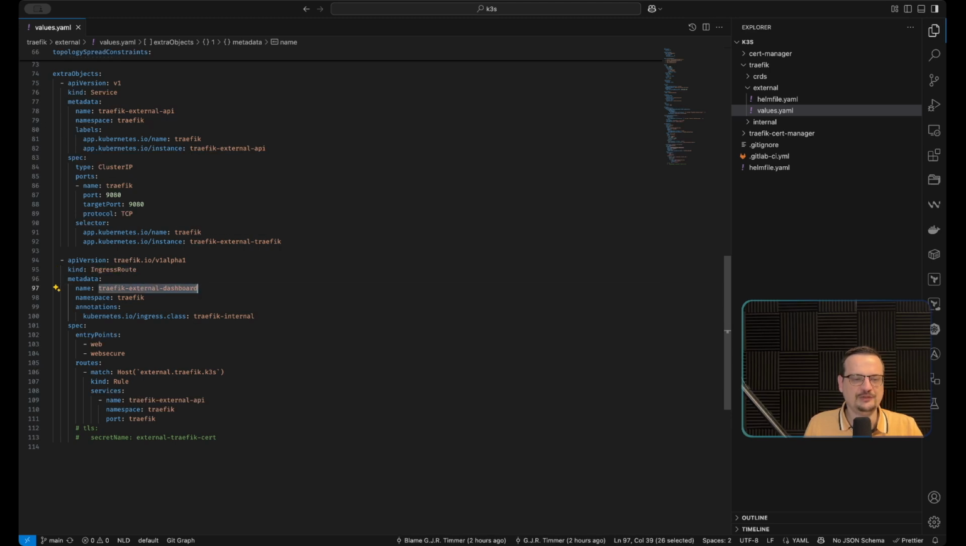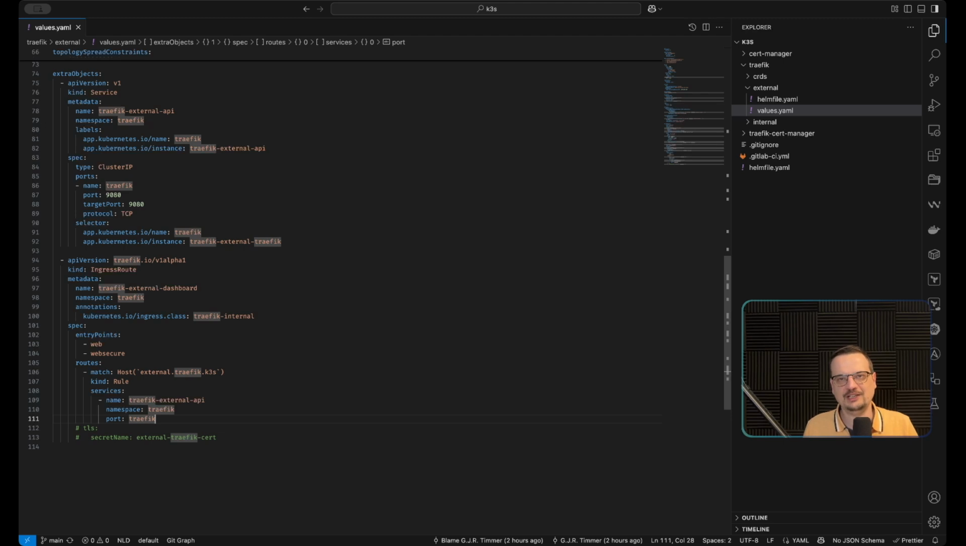Metadata, we're calling this the traffic external dashboard. Namespace will be in traffic, this route. And here annotations, ingress class, and we're calling it traffic internal. That means that this route will be picked up by our internal load balancer. So this will cause the internal load balancer to pick up this route and therefore route to the service, to the instance of the traffic external instance, to its dashboard. So we're allowing HTTP and HTTPS, and the earlier routes will automatically redirect HTTP to HTTPS, right? And we're calling this route to be available at